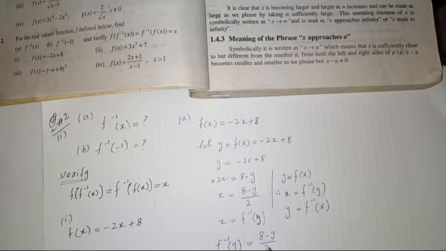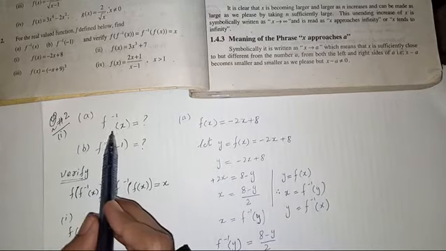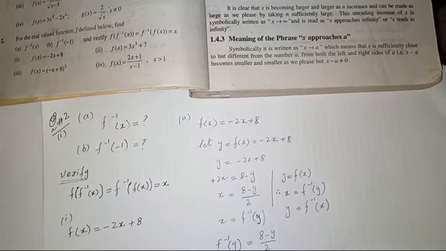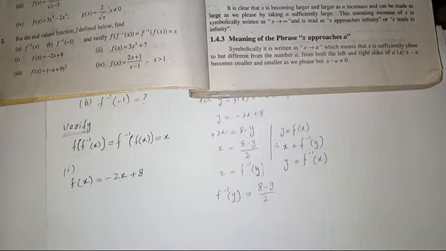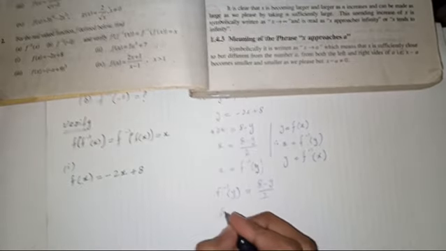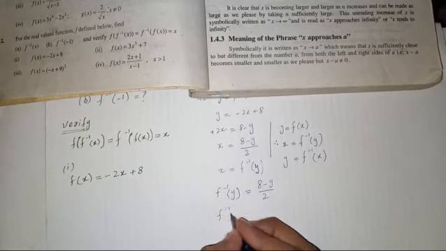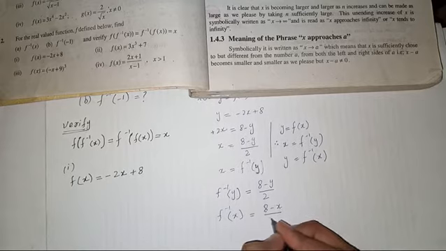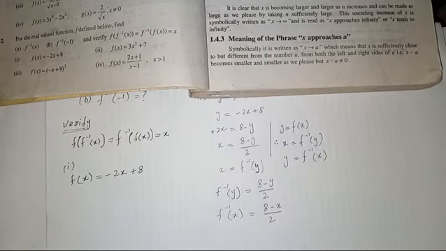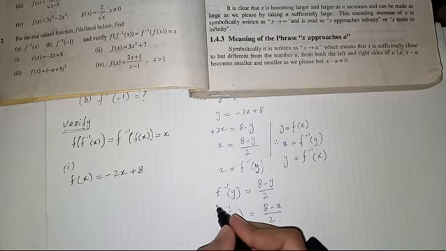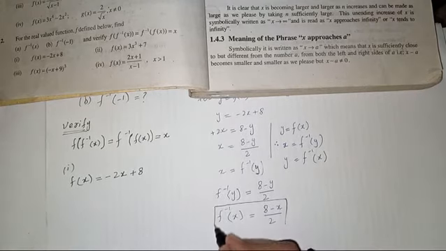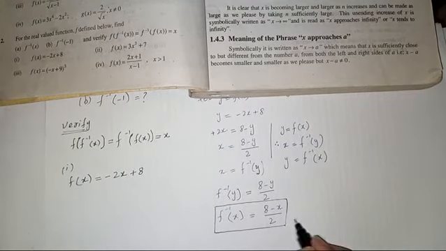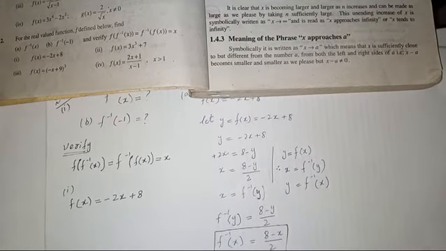What we are going to calculate? We are going to calculate a part, that is f inverse x, right? If f inverse y is equal to 8 minus y over 2, then f inverse x is equal to, in place of y write x, 8 minus x divided by 2. Okay, now we have calculated a part, that is f inverse x is equal to 8 minus x divided by 2. So what is our second requirement? What is our second part? In second part, calculate in B part.